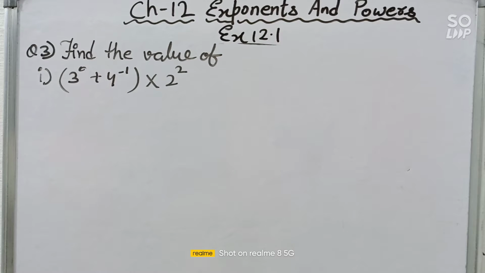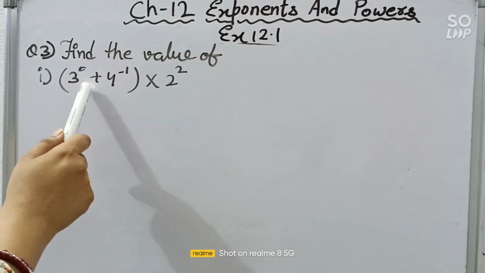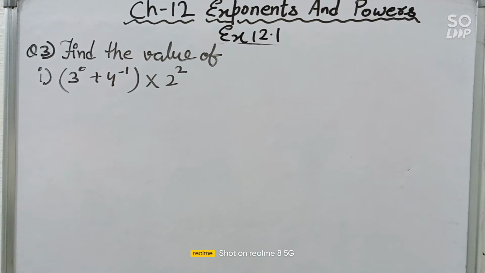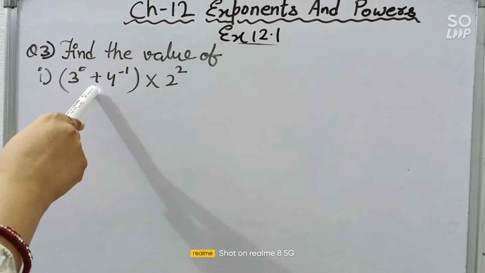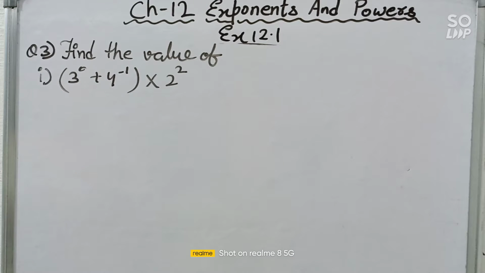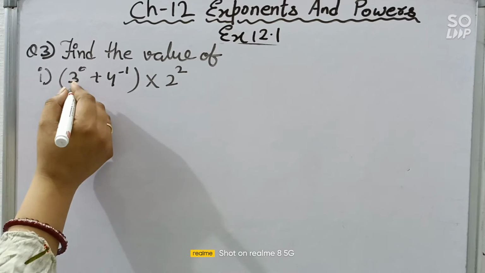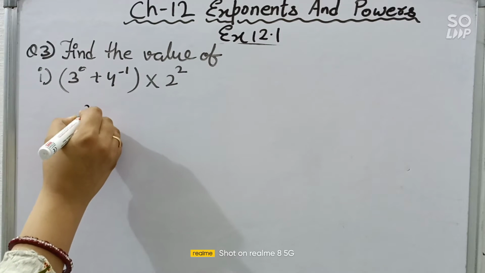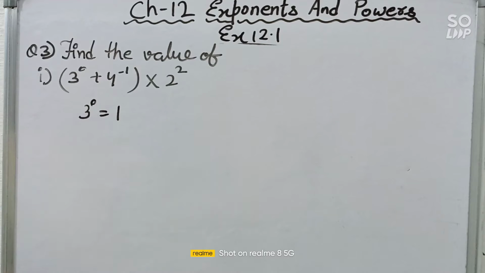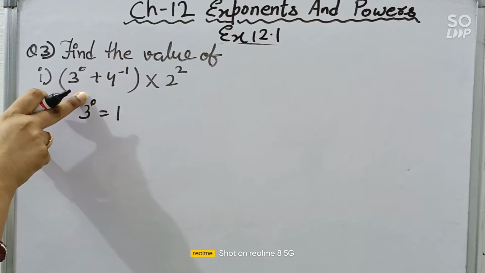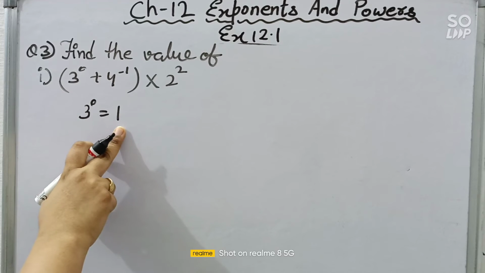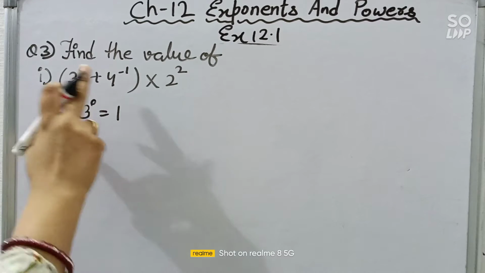And we know there is no law of exponent for addition operation or subtraction operation. We always have a law for multiplication or division. So that means there is no law which will be applied over there. So we have to simply solve it. What we can do? We know 3 raised to the power 0 means 1. Whenever any base has its exponent as 0, its value is always 1. Right?